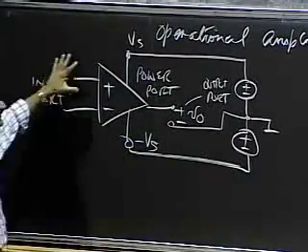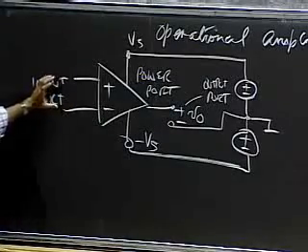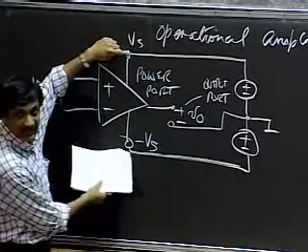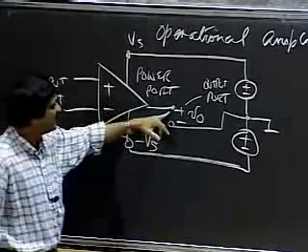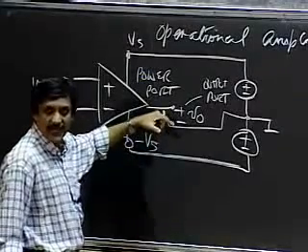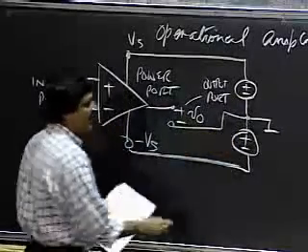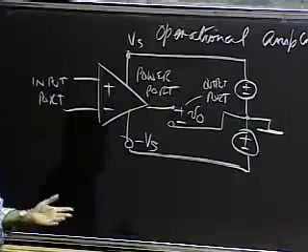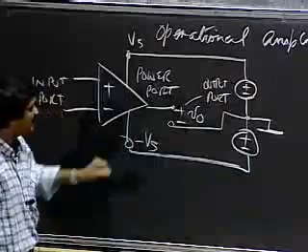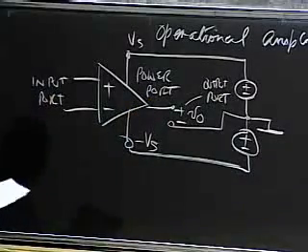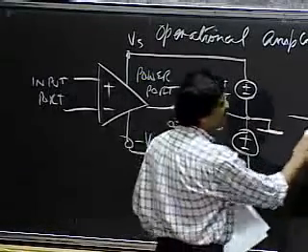Okay, think of this as a pattern, where I have an input port across which I connect the input. I have a power port across which I connect a plus Vs minus Vs supply. And then I take the output terminal and take a ground terminal, which is defined by external components of my circuitry, and use this as my reference node. Remember, ground is just a reference node. These two are equal in magnitude, and take this as my output. Okay? And when I do something like this, I can build an even simpler